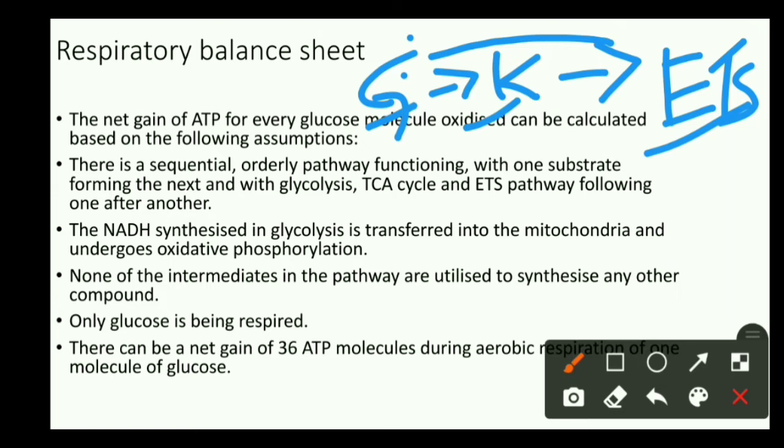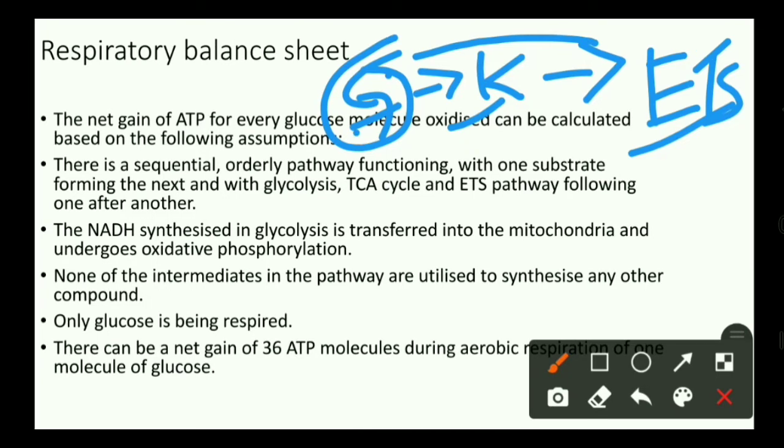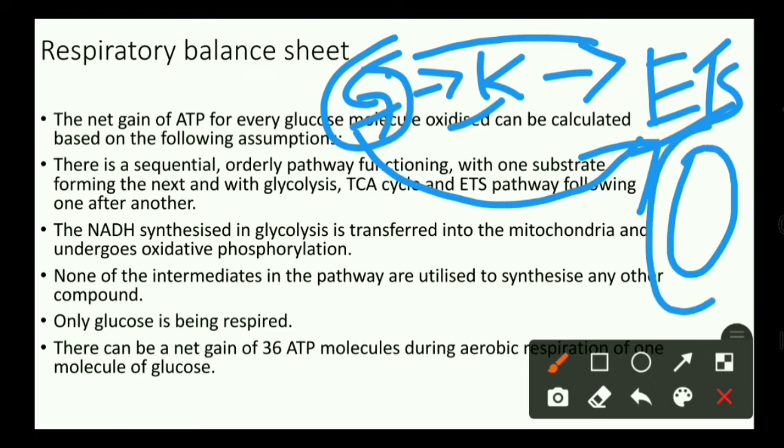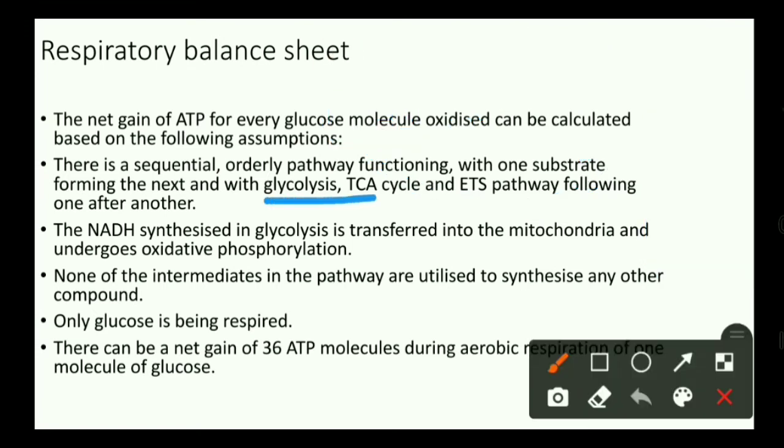The NADH synthesized in glycolysis is transferred into the mitochondria and undergoes oxidative phosphorylation. So the NADH that is formed in glycolysis will go for oxidative phosphorylation, that means ETS, which will take place in the inner mitochondrial membrane. This membrane will undergo the ETS cycle. We consider that glycolysis, TCA and ETS follow one after the other, and